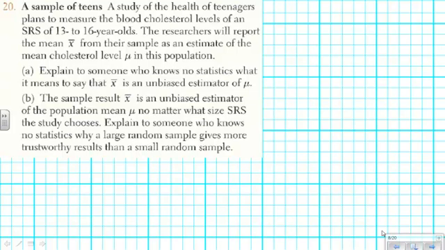So yes, every time we do a sample, we get this new guess. But when we have really large sample sizes, there's very little variation in those guesses. They change very little from sample to sample. So any one of those guesses is going to be hopefully pretty darn close to what the real answer is if we could have interviewed everybody. So one more time on that big idea. Good sampling technique eliminates bias. A large sample size reduces variability.